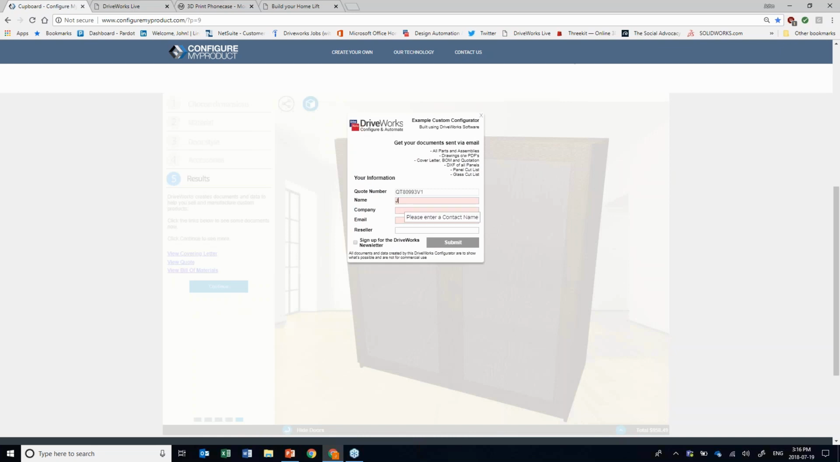Let me just put my name on here, at JavelinTech.com, Javelin. When I hit the submit button, this application will generate all the parts and assemblies, all the models,